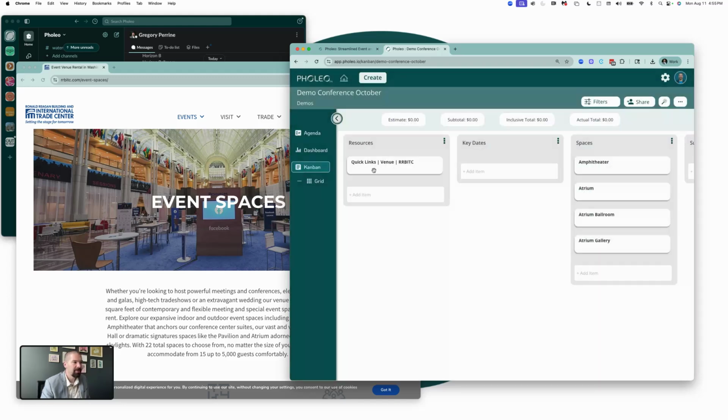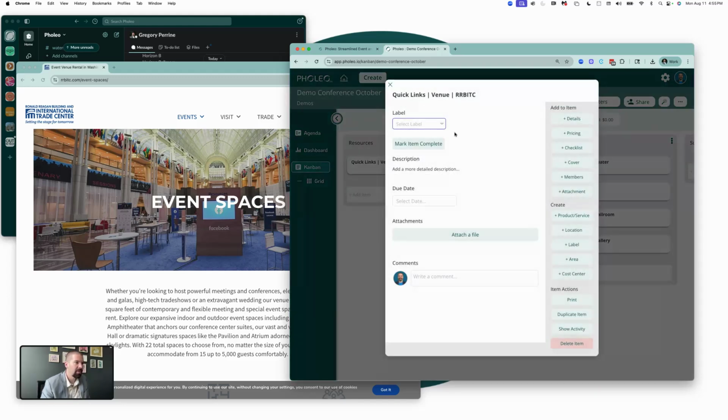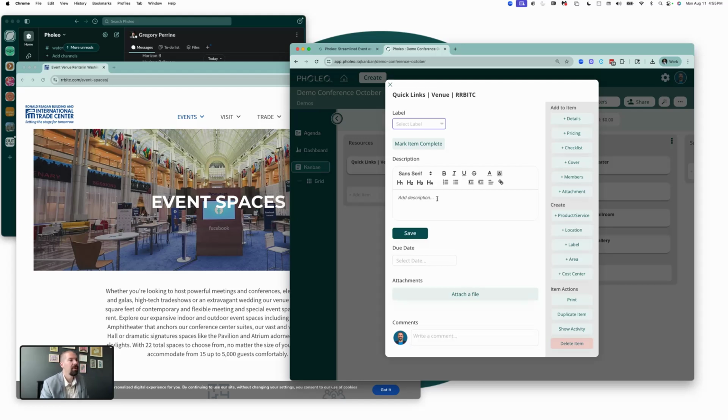And in this item, so we're now taking a look at, we've created an item and we're clicking into item level details here. We have a lot of different functionality that we'll get into over on the side here. And we have this description box. And this is a great way to create hyperlinks, create notes for ongoing meetings about these items that you're discussing. And really we can customize this to be whatever we want it to be. So for this, I'm going to call this RRBITC event spaces,